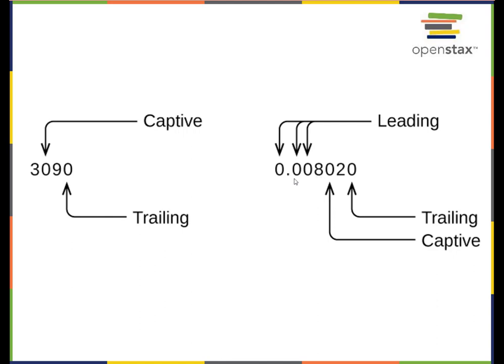In general, we say any 0 that comes before the first non-zero number is not significant. So this number here starts with zeros: 0.008020. These first 3 zeros are not significant because they come before the first non-zero number. Over here, the first number is a non-zero number, so it doesn't apply. There are no leading zeros when a number is bigger than 1. It only applies when the number is smaller than 1.